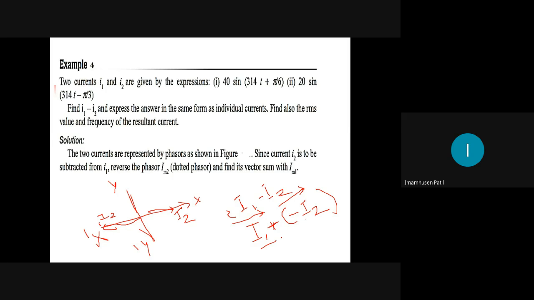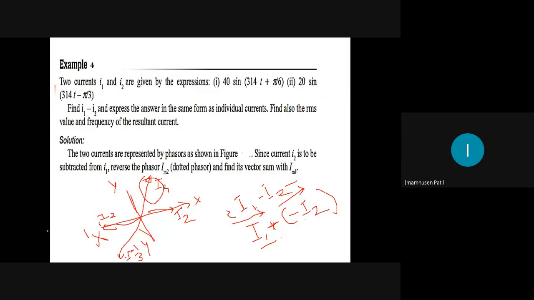This is the difference. Where there is a minus, you have to project 180 degrees in the opposite direction, then add. Finally it will give the result I1 minus I2. This is the simplest. Suppose this is your I3 and I want minus I3. I have to project it exactly opposite by 180 degrees, in the third quadrant. This is minus I3. You cancel the original, then add I1 plus minus I3.